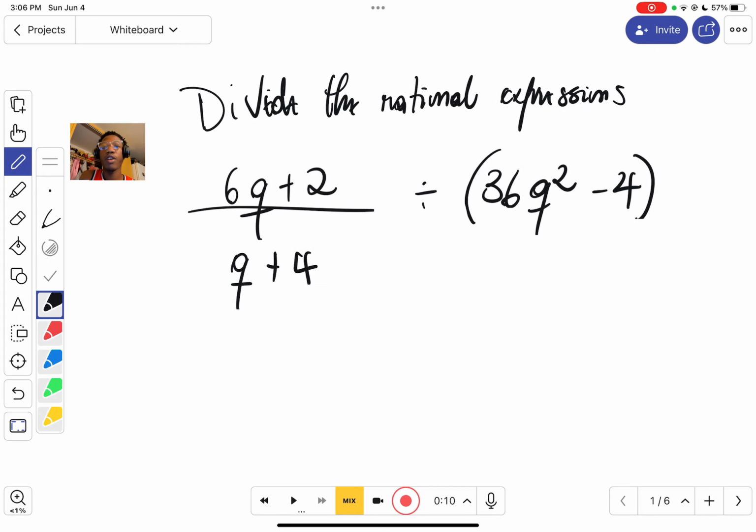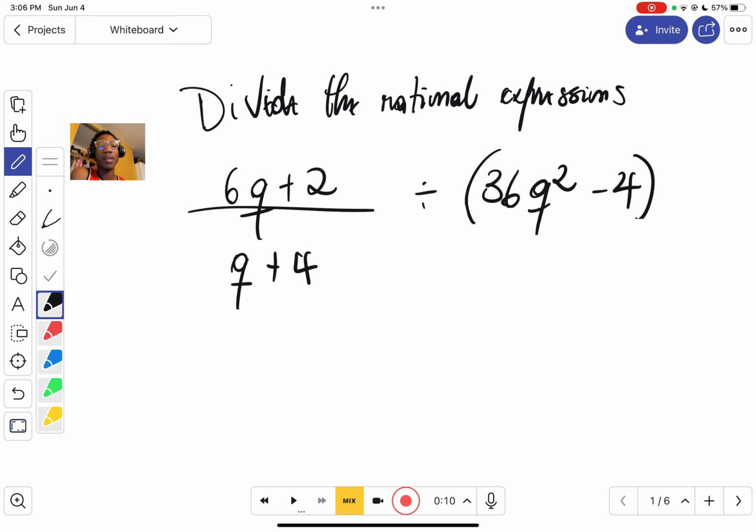So let's go. We have a new problem. The problem is to divide the rational expression that they gave us. We have 6q plus 2 over q plus 4, divided by a difference of squares. We're going to do the same thing: keep factoring what we can factorize and cancel everything out, but it's a division, so we will first multiply by the inverse of the rational